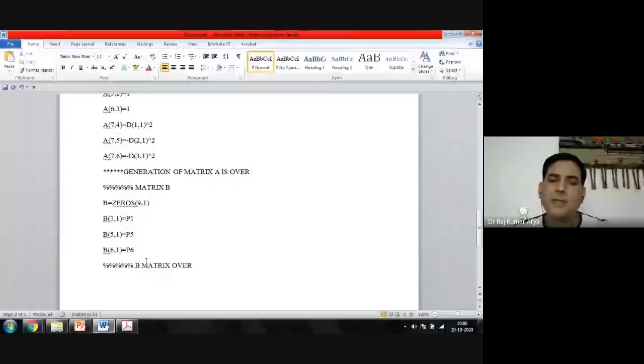In the beginning, you have to define that A is a 9, 9 matrix, right? You can define it here as zeros 9, 9. This will generate a matrix of zeros, and that too of 9, 9 size.